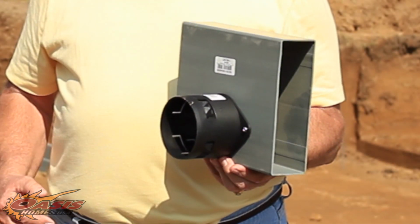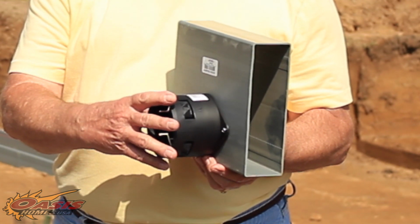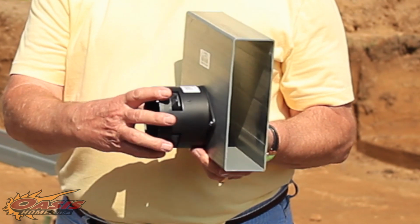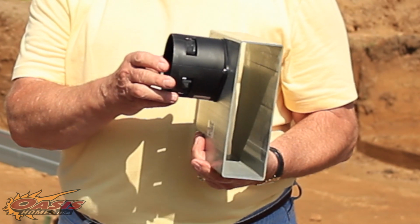Now, what's interesting about the Formadrain product, and I think we have some video that shows this, is you have one attachment in the Formadrain that, if turned one way, allows the water, which would be in the lower half of the Formadrain, to go out and be admitted into a sump pump or whatever. If you take that same thing and turn it over, because the gas is going to be up on top of the water, it would allow the gas to go out that way,